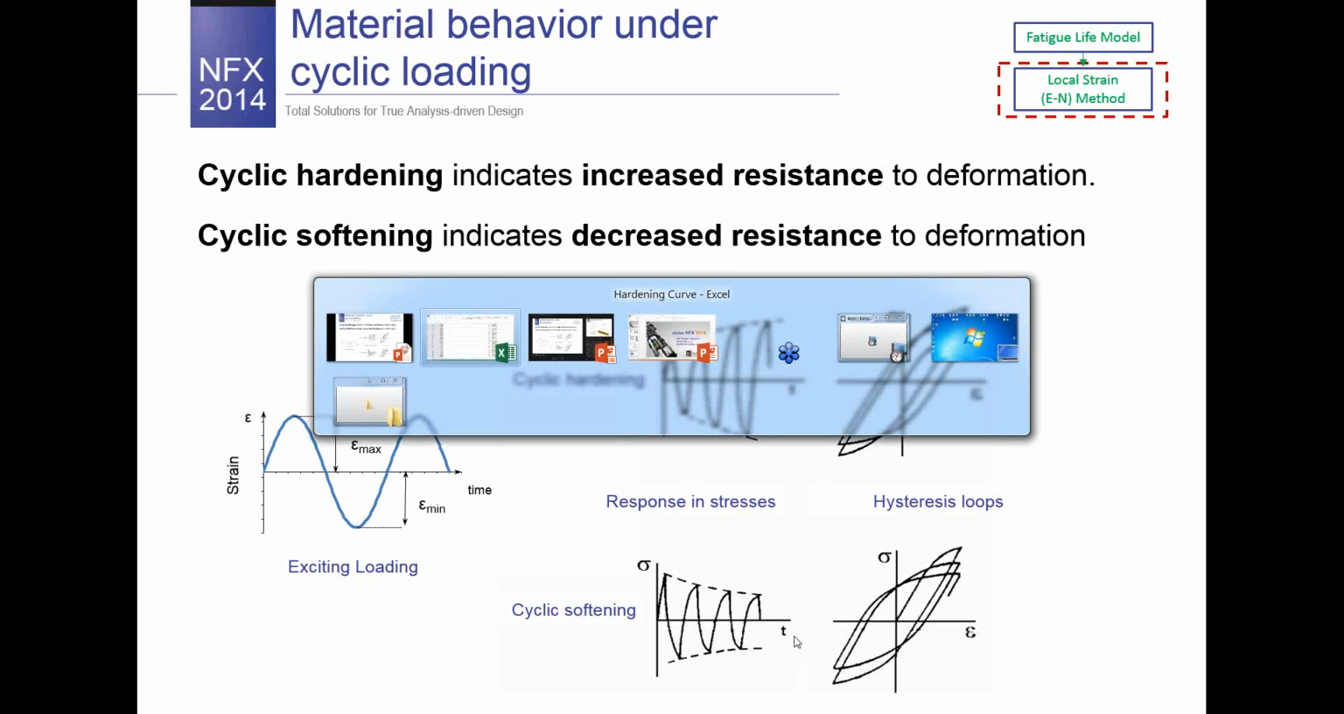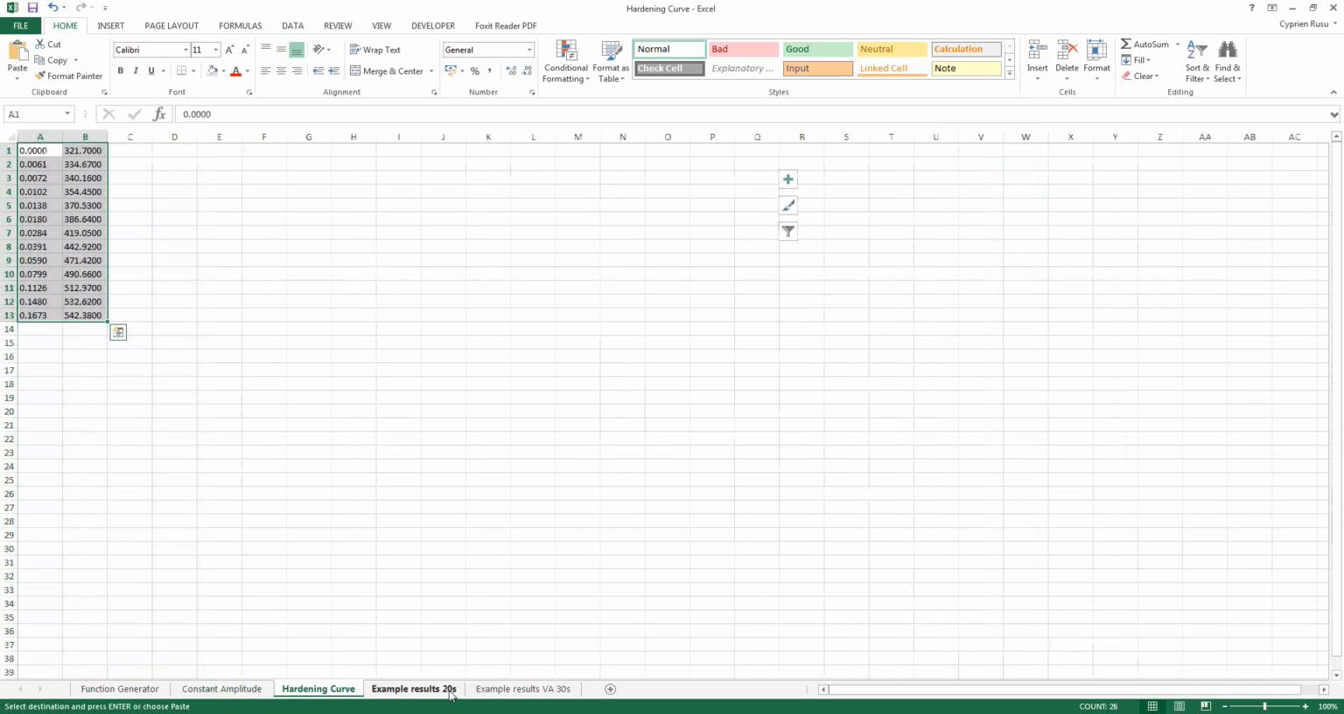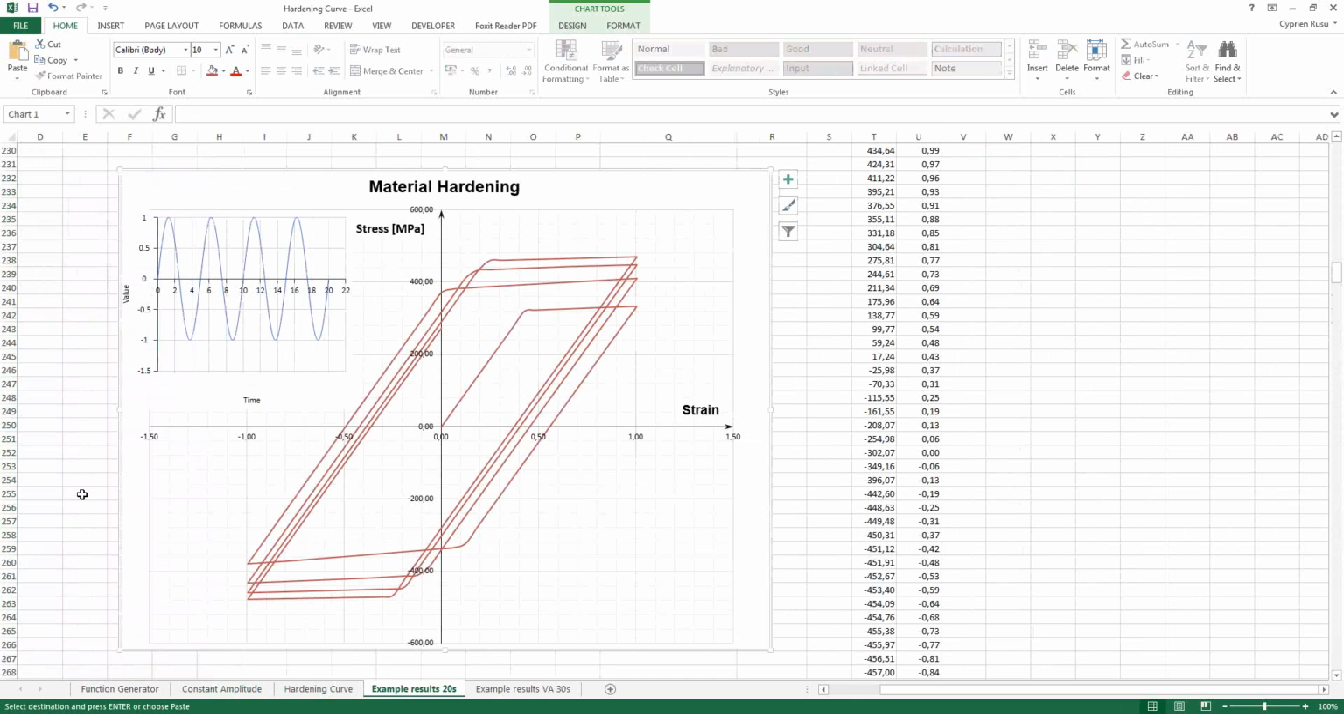So now let's go back to the Excel file, and let's present the results for this model, but this time in terms of hysteresis. Using MyDasNFX, you are able to sketch those graphs. So this is hysteresis with the isotropic hardening. Isotropic hardening means that